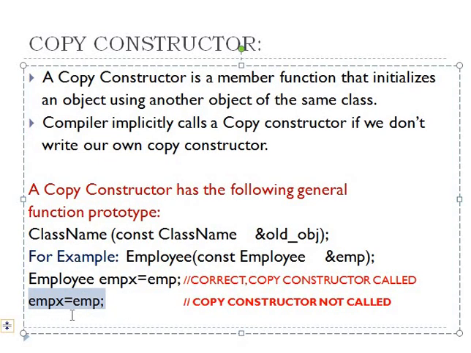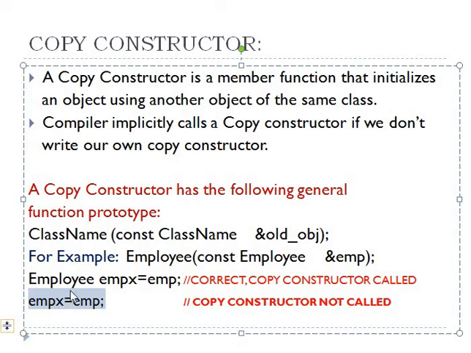Now look at this particular statement. In this statement, I haven't created the object EMPX out of a class. Instead, this statement says that the object EMPX has already been created, and now only the values of this old object EMP have been copied into it, and that shall be done through the pass by value method. So just as this object EMP is an old object that was created before, in the same way the object EMPX is also an old object that has been created before.